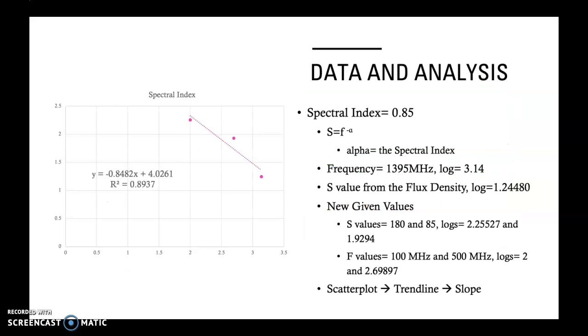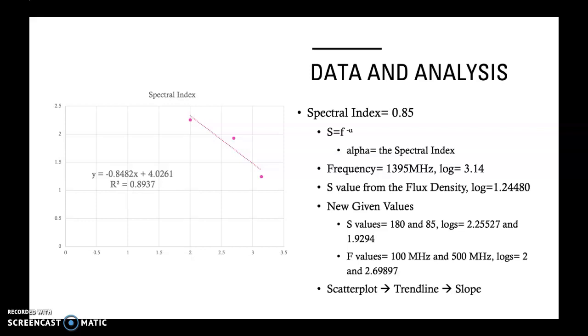The next step in the experiment was to calculate the spectral index using the equation seen on the screen. We were given data from 2 additional observations of the unknown source to properly complete this step. The telescope that we used had a frequency of 1,395 MHz, and the log of this value is 3.14. And then we had to use the S value from our flux density calculations, and the log of that value